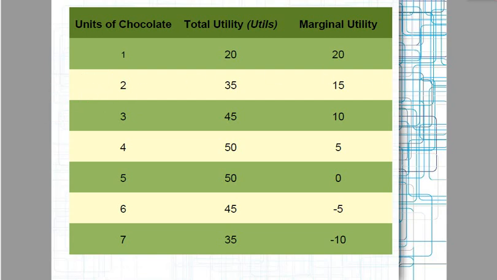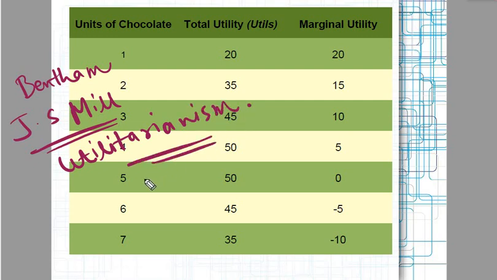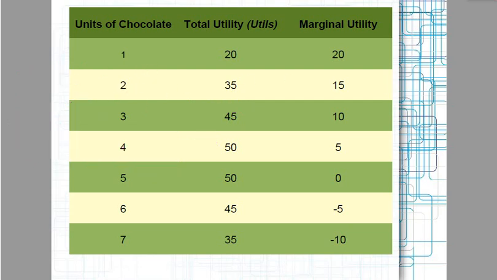Later on, Jeremy Bentham and also the English philosopher John Stuart Mill used this idea of utility, especially in his book Utilitarianism, which is a school of thought in Western philosophy. He used the same idea of utility. So as we keep on consuming more and more,